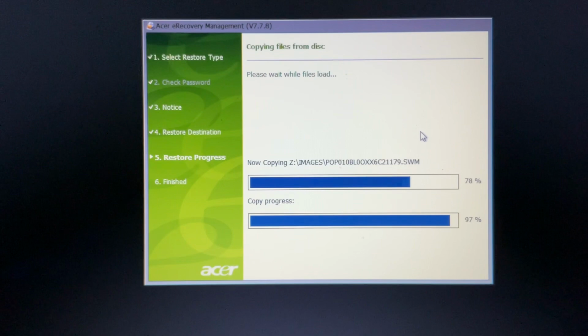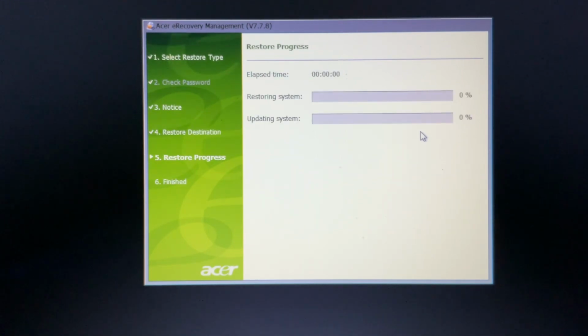So, we are just about done. So that's all the file copying that it needs to do. So that's what it just did. So it restored the recovery partition. So now this is stage 2. It is restoring the operating system. And then afterward, it will update it with all of the factory